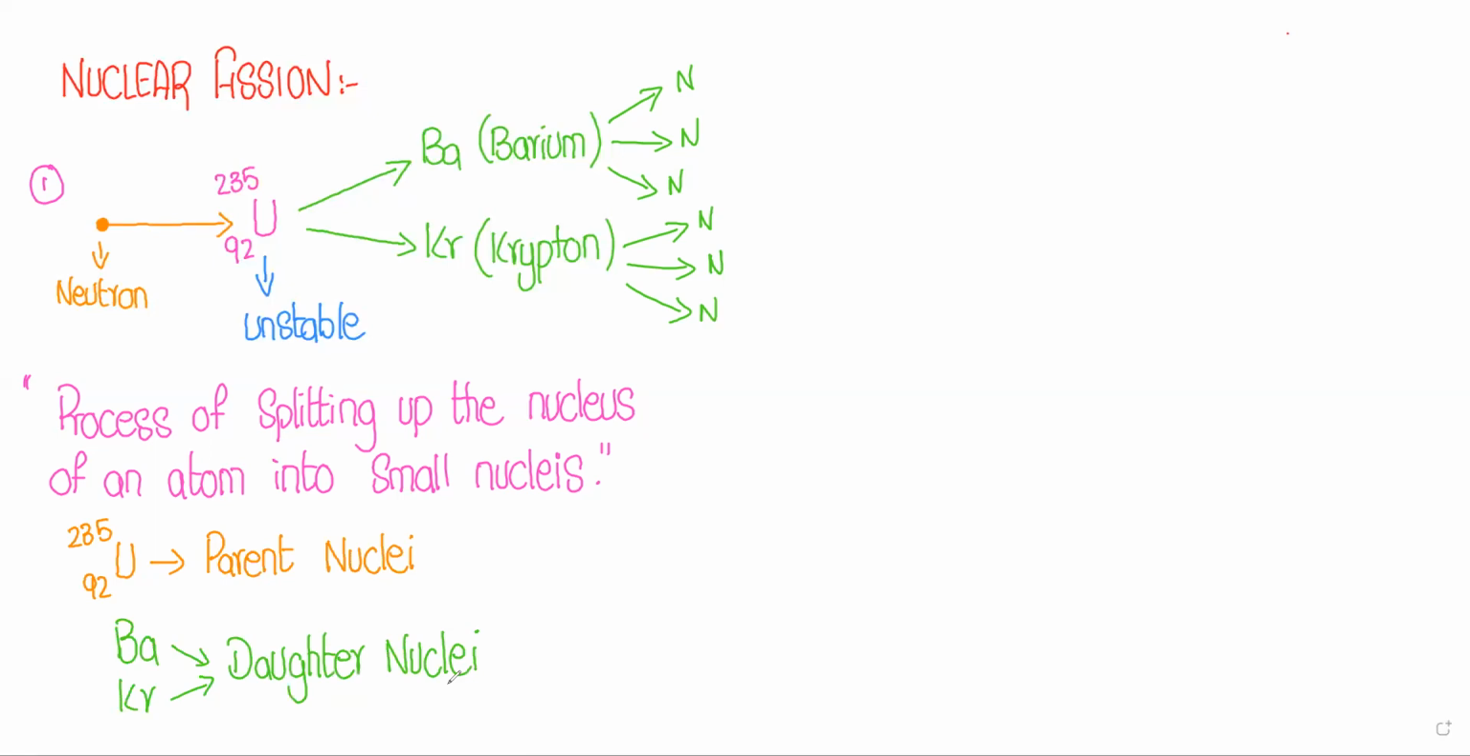Further, if we talk about nuclear fission, you observe from this diagram that this is a complete chain type reaction. So this reaction is known as a chain reaction. It will continue splitting into small nuclei, and it will continue until it completely breaks down, right? So this is a chain reaction,